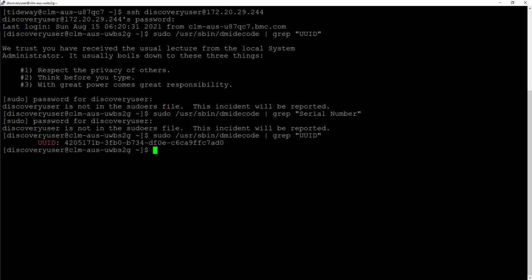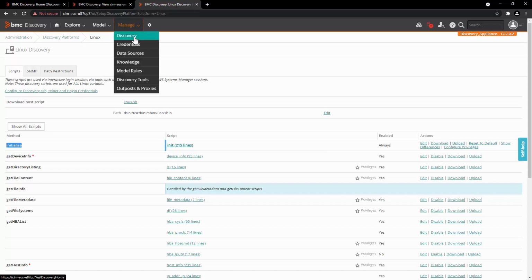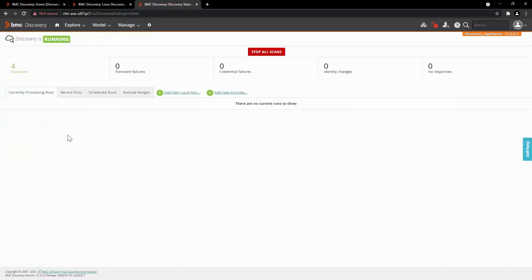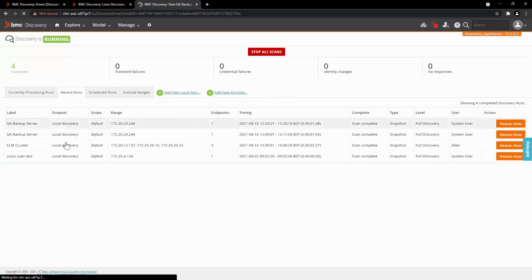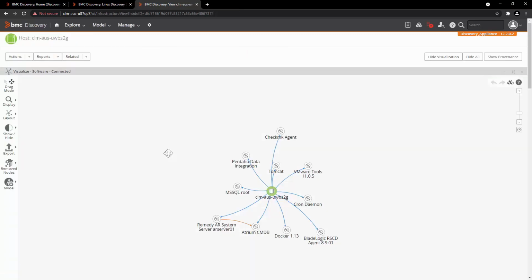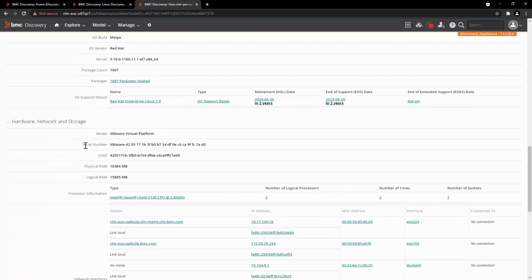The command execution with the Discovery user is now working. Let's go back to Discovery, go to Manage, Discovery, and scan the same host again. Now that the scan is completed, let's take a look at the result. We can see the host is discovered successfully. Scroll down to the section of Hardware, Network, and Storage, and as you can see, the serial number and UUID